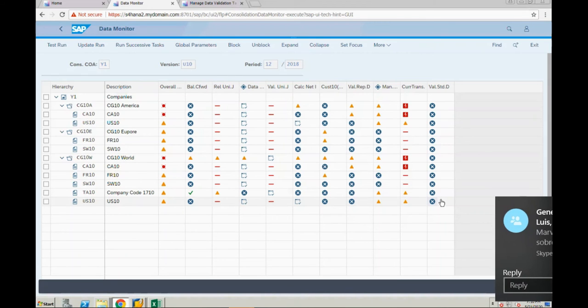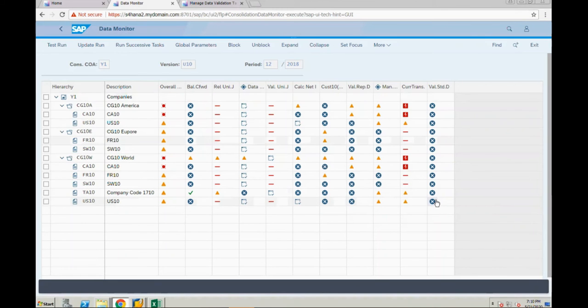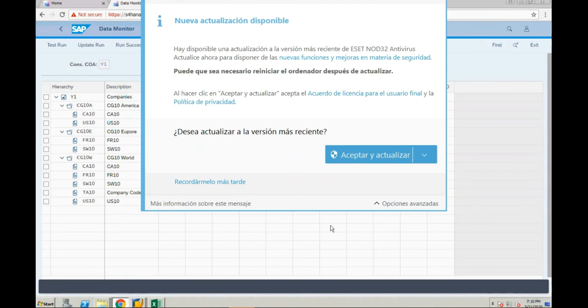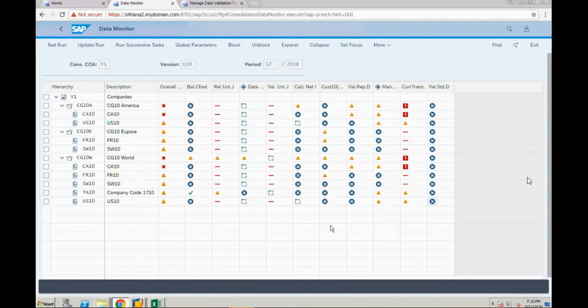Yeah. So once it passes this validation, standardized data, I mean, for that particular consolidation unit, data preparation is completed. So data is collected and prepared as the consolidation understands it, I mean, how the consolidation understands data. So it's converted according to that. Data collection and preparation are completed here using data monitor.